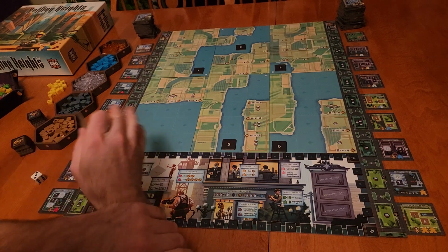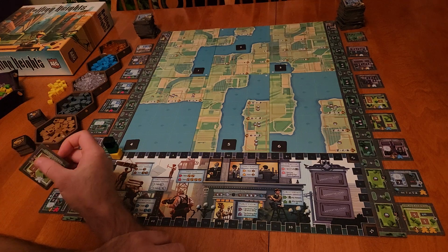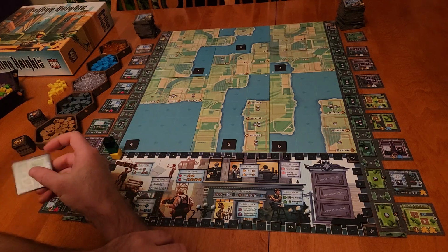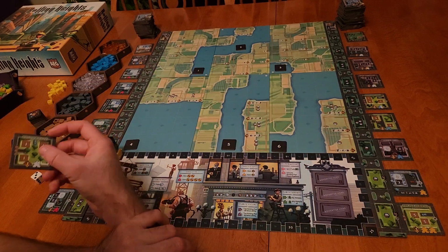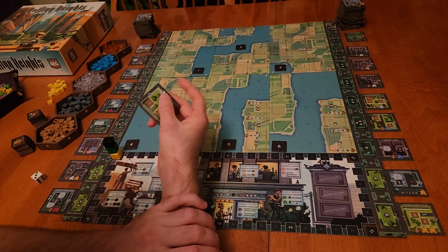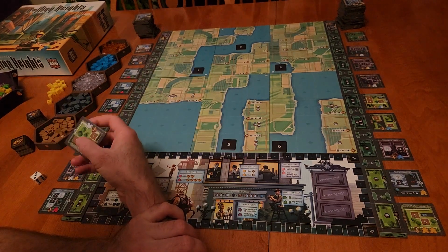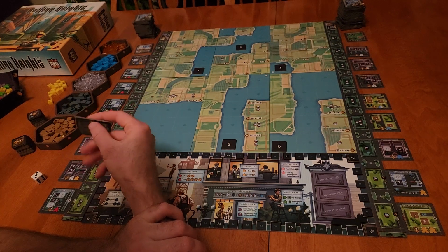However, those cubes that are there mean you have to spend an extra resource in order to place one of your pieces on that space. And of course, you also have to pay in order to buy building tiles. So you'd be spending even more resources in order to place them on the map. But for the time being, I think we're just going to go with